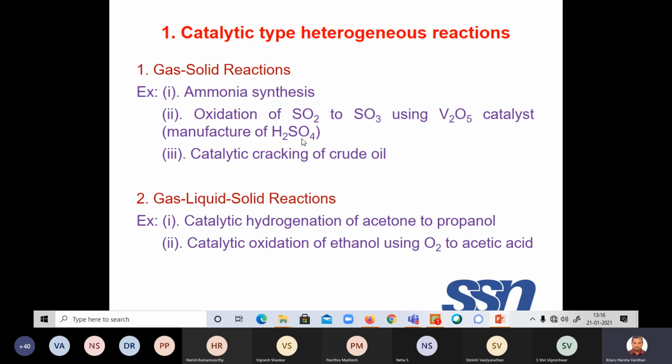If you remember, sulfur is burned in the presence of oxygen to give you SO2. SO2 is converted to SO3 in a catalytic converter, that is a two-stage catalytic converter, to give you SO3. Then SO3 is